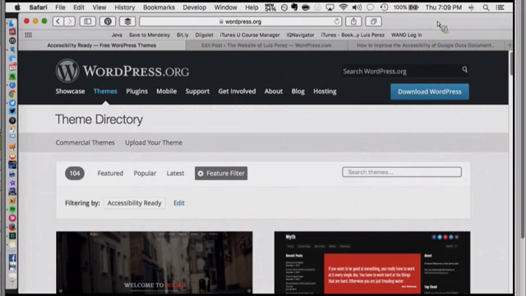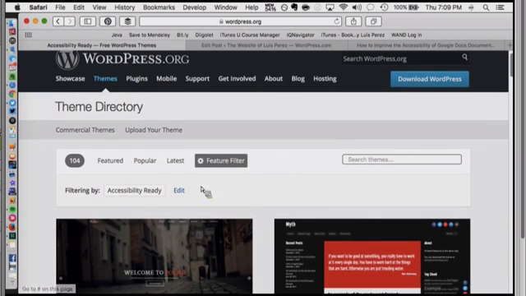And what I'm going to do here first, I want to let you know that if you are going to be using WordPress, and WordPress is one of the most popular platforms for creating not just blogs, but also websites, just be aware that WordPress has an accessibility team, and they are always reviewing some of their themes to make sure they're called accessibility ready, meaning that they incorporate some accessibility features. And actually, when you search the themes for WordPress, you can look for this tag, accessibility ready.